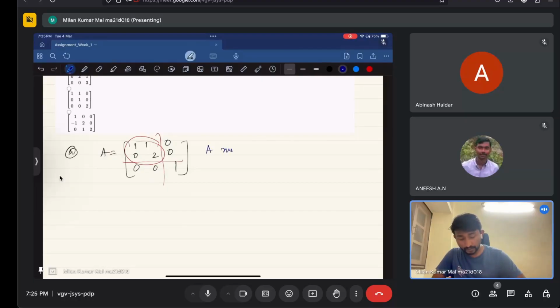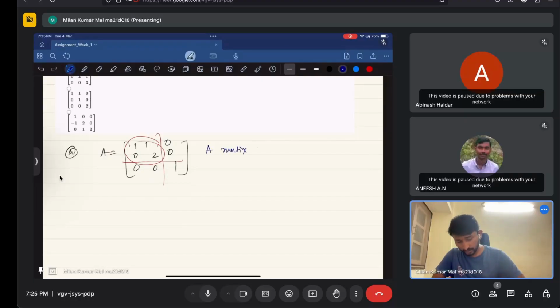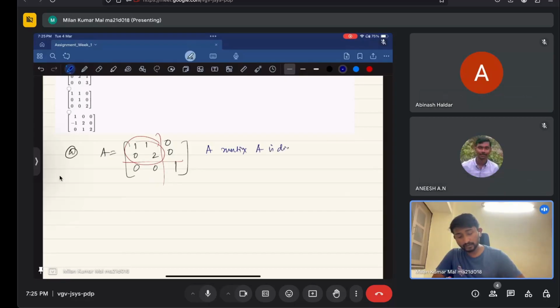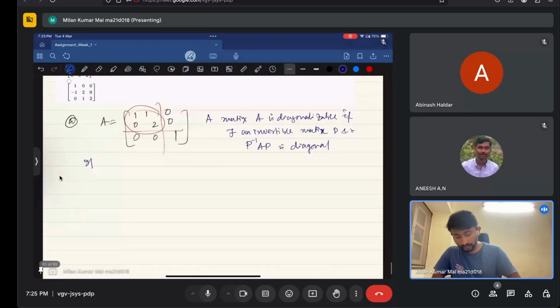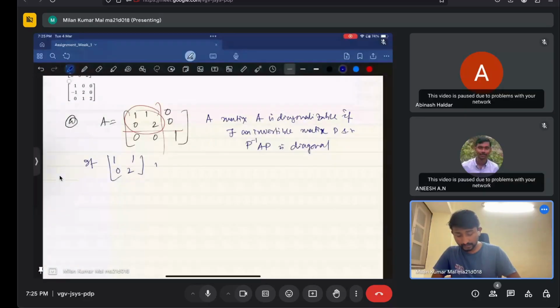A matrix A is diagonalizable if there exists an invertible matrix P of the same order such that P inverse AP is diagonal. So now if [[1,1],[0,2]] is diagonalizable,